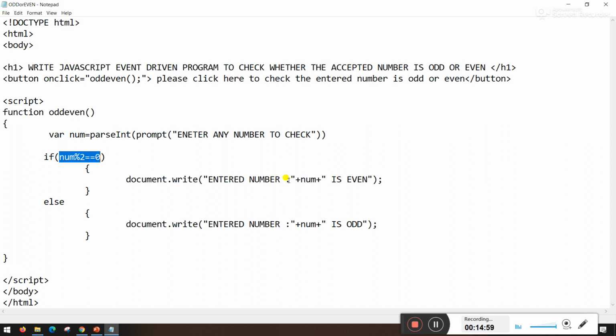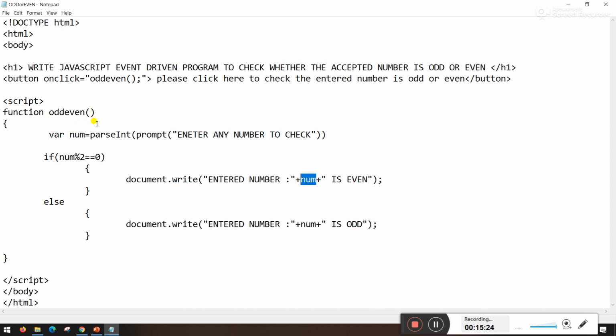This will display first the text entered number on the screen, and then plus num. What will this plus sign do? This plus sign is used to concatenate values, that is, to join two values. Entered number is a constant statement, and num is the value entered by the user.